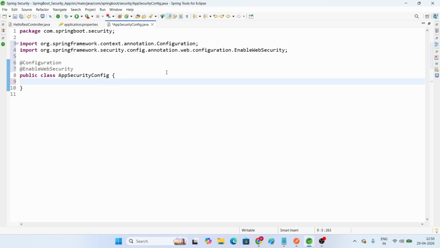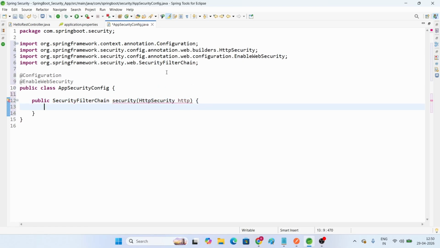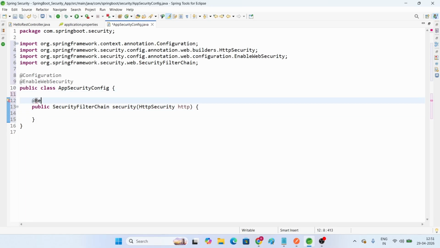In this class, go with the method: public SecurityFilterChain. The return type of this method is SecurityFilterChain. I'm going with the method name as security, which takes HttpSecurity as argument. Now in this method,